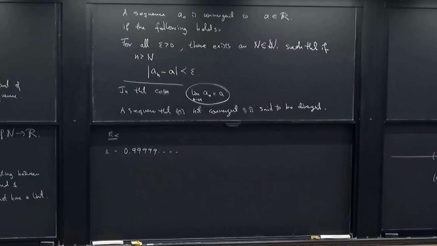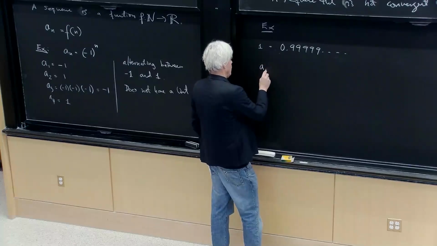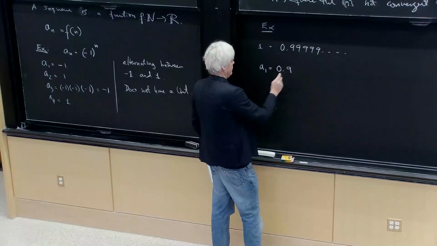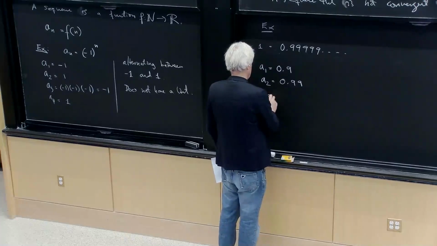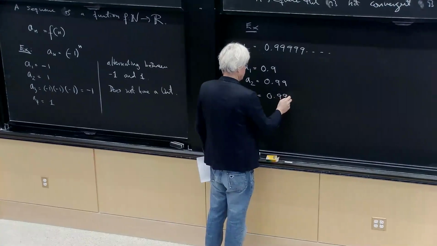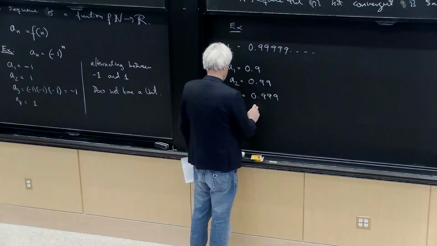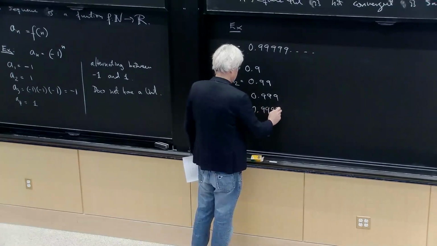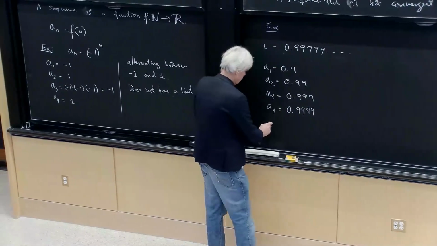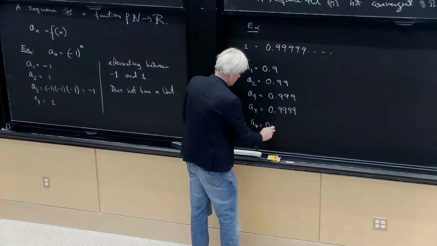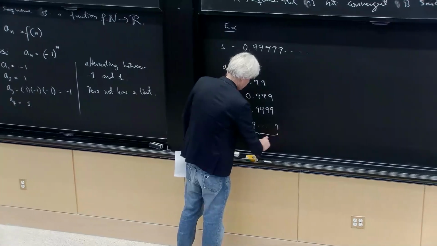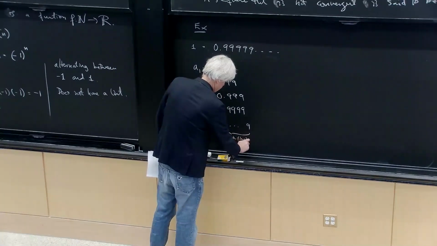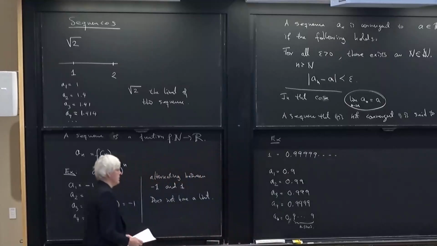And in fact, what you really think about is that you have a sequence A where A1 is 0.9, A2 is 0.99, A3 is 0.999, A4 is equal to 0.9999, etc. So A_n is where you have 0. and then 9 n times. If you're looking at that sequence here,